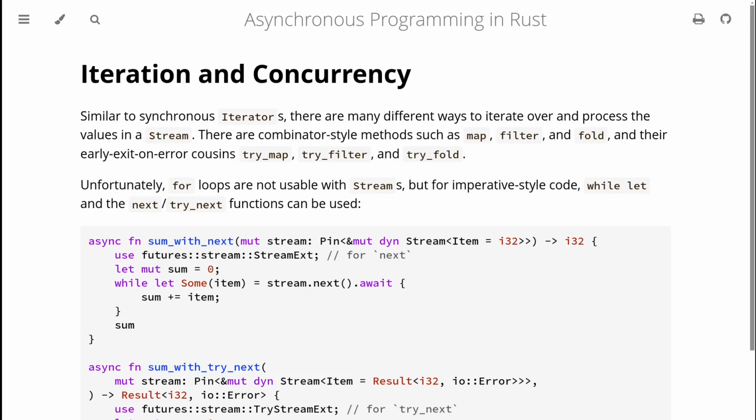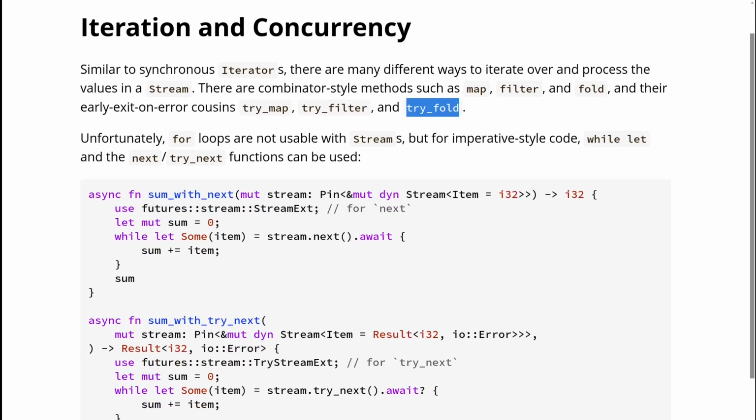So there are many different ways to iterate over and process the values in a stream. There are combinator style methods such as map, filter, and fold, and their early exit on error cousins try_map and try_fold. Unfortunately, for loops are not usable with streams, but for